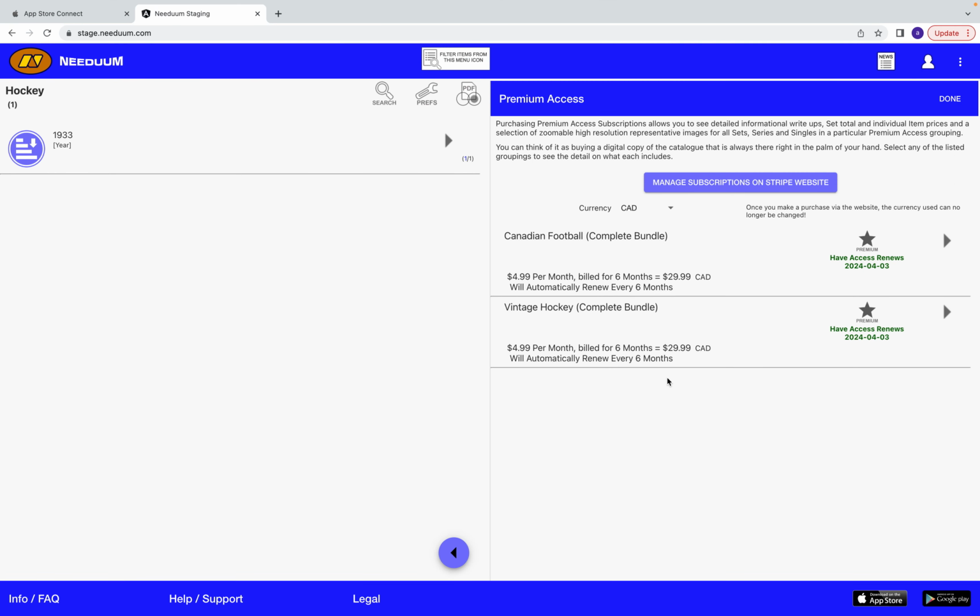One thing I forgot to mention that's actually very important, regardless of which platform you subscribe on, whether it's the iPhone or the Android or the web, your subscription is good across all three platforms. So if I sign up on the Android, and then if I also have an iPhone, when I log in, I'll have the premium there. When I go to the web, I'll have the premium there. I can sign up on the web, and it'll work on either of my phone devices if I install the app or if I run the web version on the mobile browser. So the important thing to remember is, set up one account, subscribe with that one account,